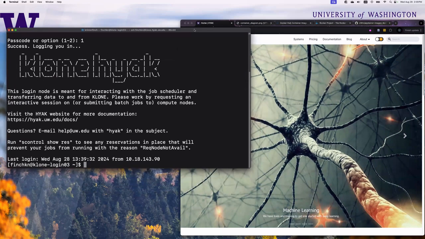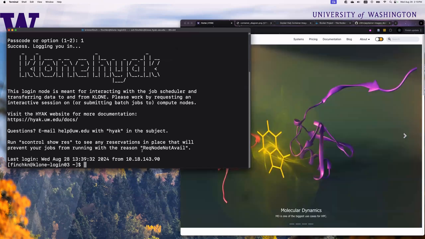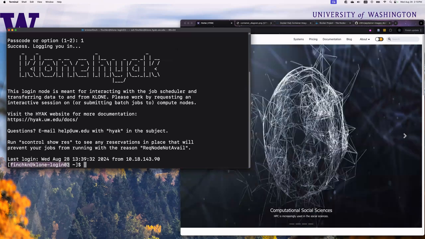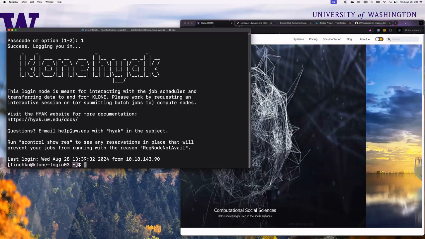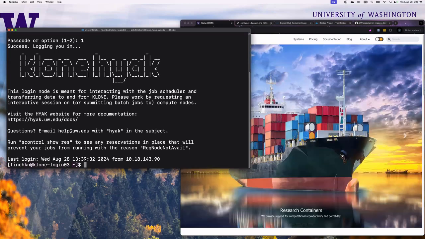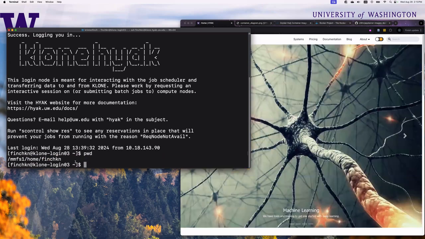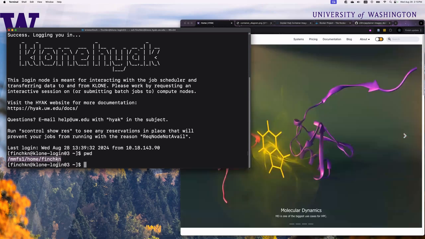So I've got my one terminal open with my shell looking at clone at the login node. So this is my username at clone login. This means I'm in the login node, and the tilde is shorthand for the home directory. So this is the directory where you start working from. If you use pwd, you can have the absolute path to where your home directory exists on the file system